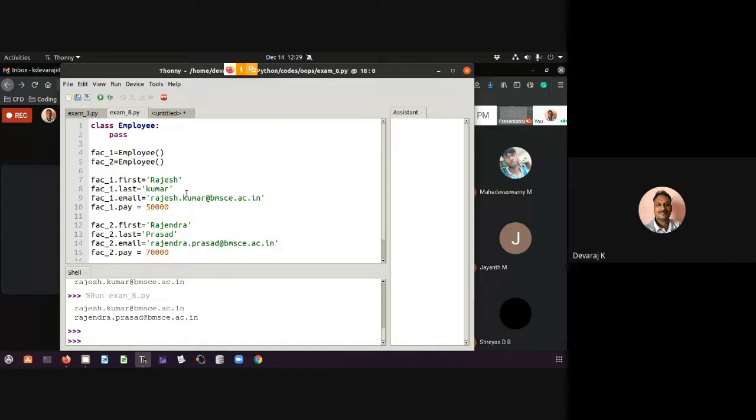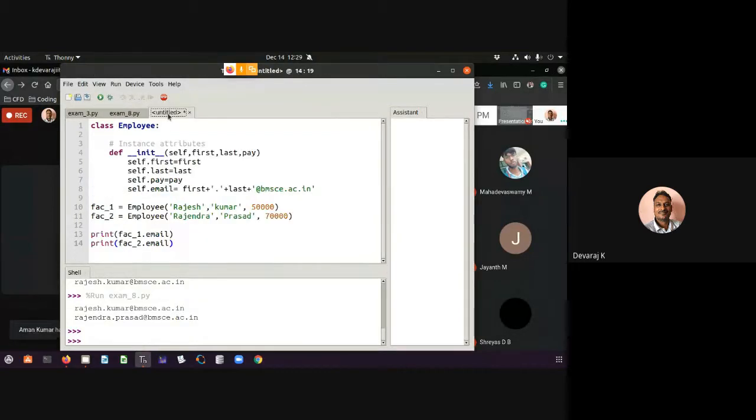Or is he good at singing? Is he good at some kind of extracurricular activities? So those things I can define, that becomes like a class method. Okay. Now if I want to look into this particular thing, if I want to print it, so what should I define? I should define an instance object. And I can get it.